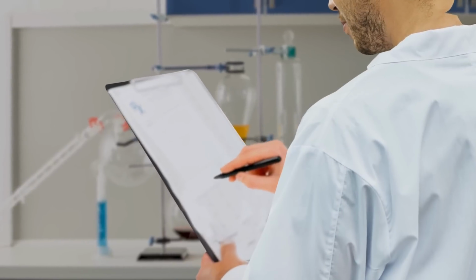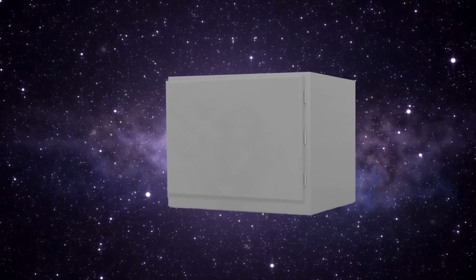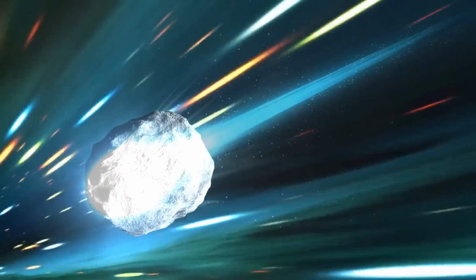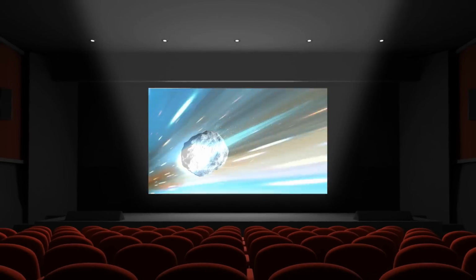Although scientists are pretty sure there's no such threat in the near future, it can't be ruled out completely, and humanity needs at least 5 years to prepare for this event. If a big near-Earth asteroid suddenly changes its course and turns right toward our planet, we won't stand a chance against it. Disaster movie,